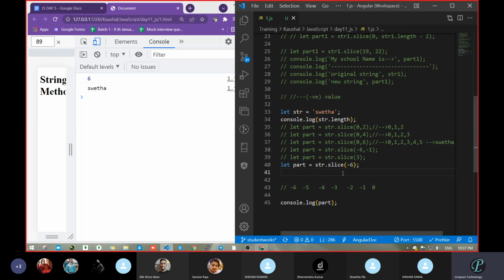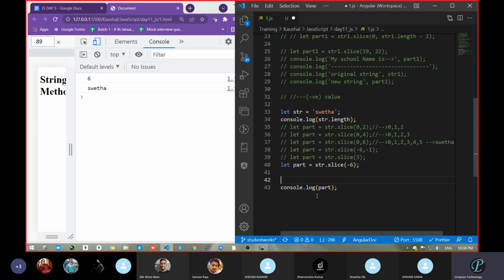If this will be 0 case, means a positive value, what will be that? Positive will be 0. Correct or not? In the case of positive, it will be 0 value. But if this is negative, then it will start from the negative side. It's 0, then minus 5, minus 4, like this way. Clear? Or if this will be positive, go from the 0 up to 5. Clear? Everyone or not?